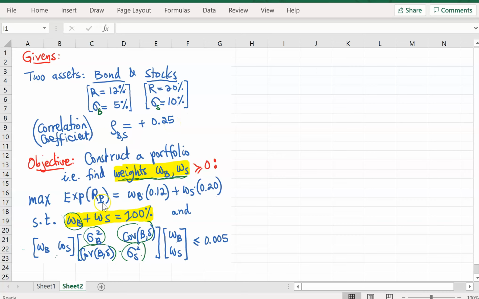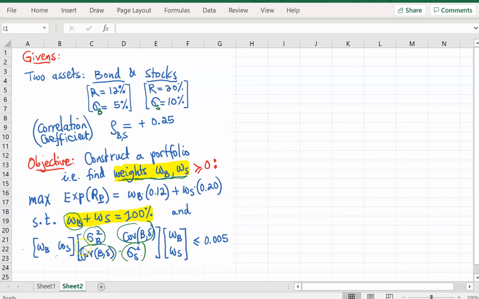Given that, we wanted to construct a portfolio with a maximum return, satisfying these conditions. One of the conditions was that the proportions of the bonds and stocks should add up to 100%, meaning we're only investing in these two securities. Another condition was that the proportion invested in each security should be greater than or equal to 0. And lastly, that the